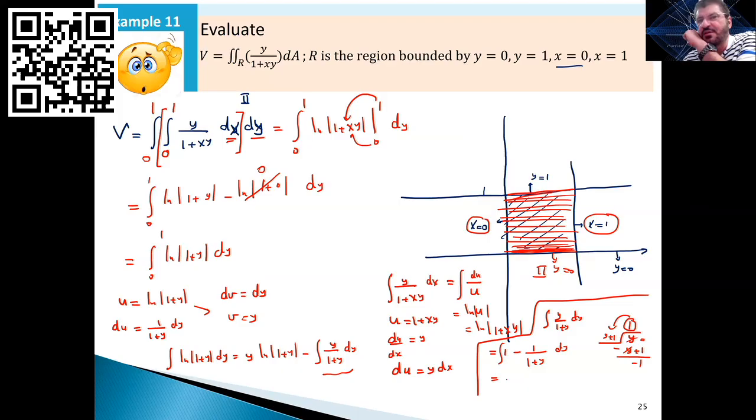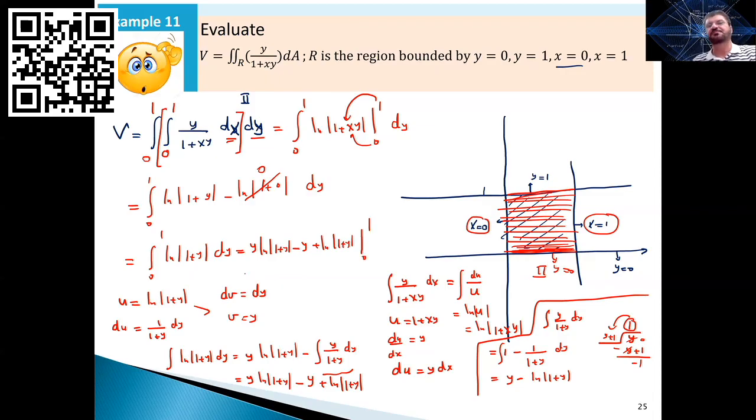Now, what's the integration of 1? It's y, minus. What's the integration of this one? It's ln the denominator. This is the answer. So this is going to be y ln 1 plus y minus whatever you get here. So minus y plus ln 1 plus y. Alrighty, so this is what we have here. So we're going to put it there. So this is equal to y ln 1 plus y minus y plus ln 1 plus y, and this is